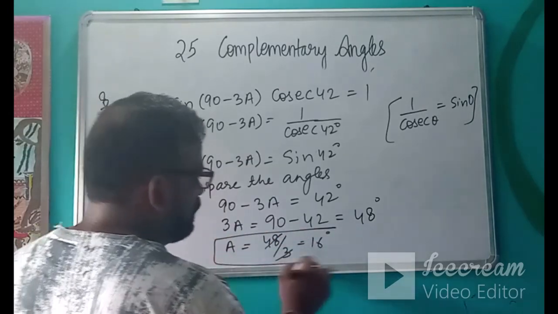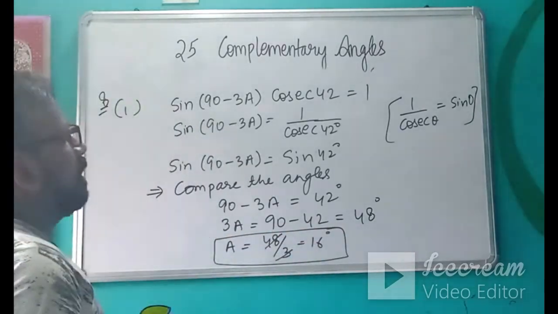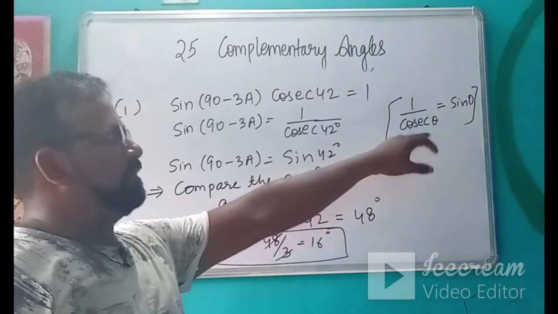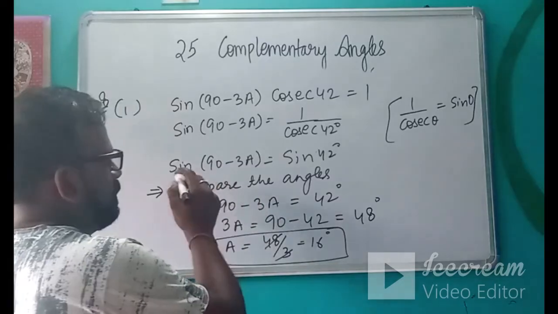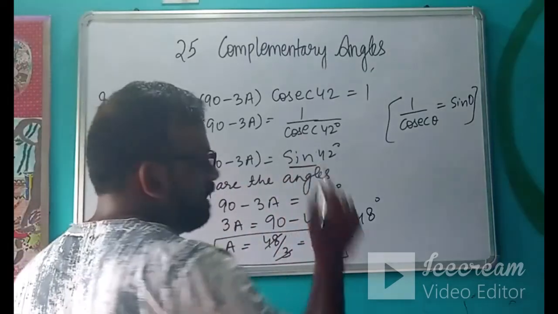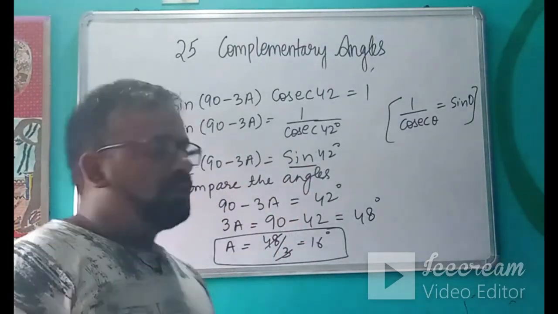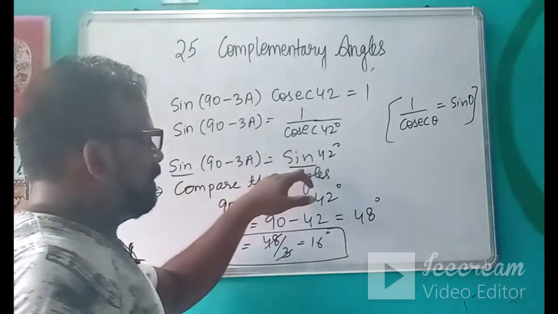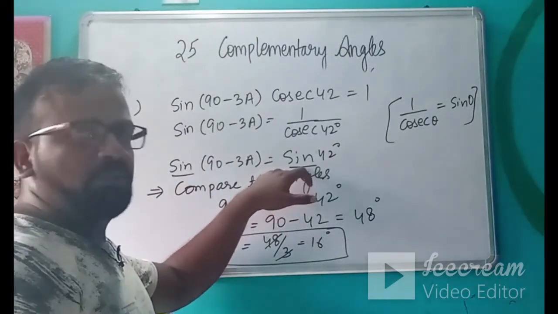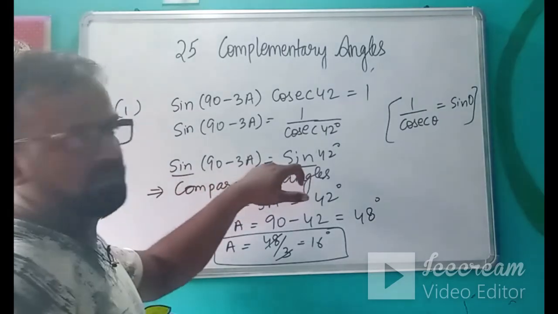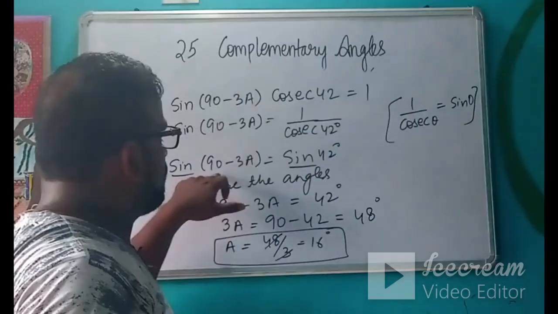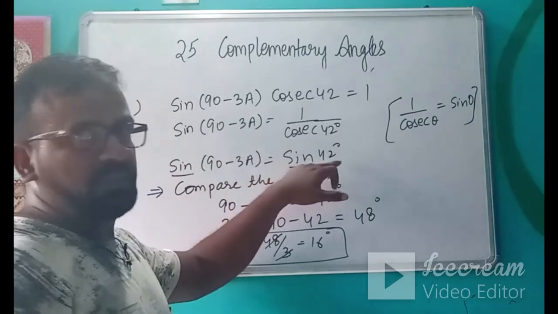Okay, so in these type of questions we will use these type of relations if it is necessary. And what is the concept behind it? Concept is on both sides same trigonometric ratio should be there. If you make the same trigonometric ratio, then what you can do, you simply just compare their angles. Do not cut sine and sine. You cannot cut the sine. Rather you will compare their respective angles.